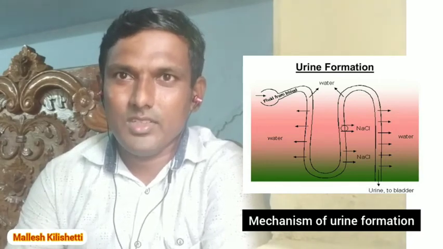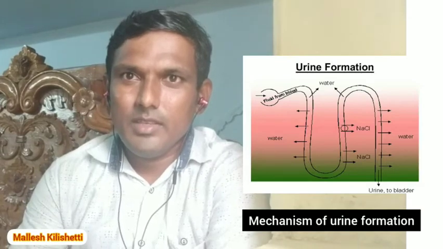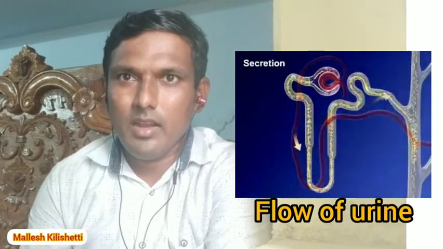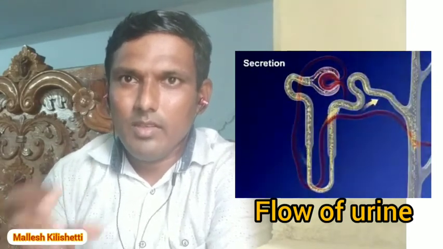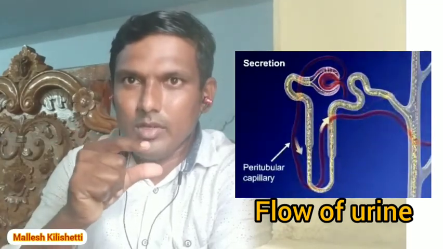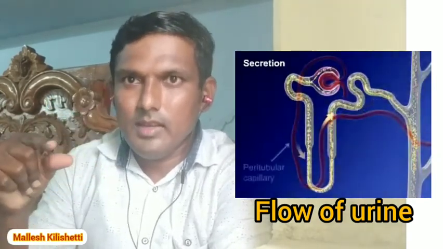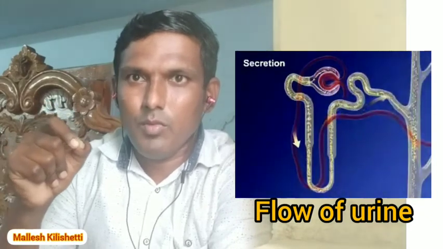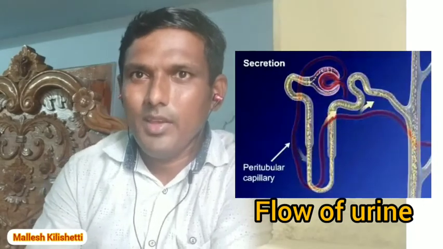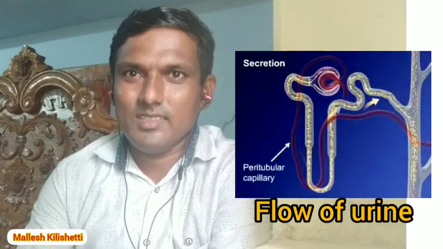First, glomerular filtration. Glomerular filtration takes place in the glomerulus and Bowman's capsule together, called the Malpighian body. Here the afferent arteriole has a very high diameter and the efferent is narrow. So due to this pressure, the epithelial cells can filter the blood with the help of the podocyte cells. That is called primary filtration, and the filtrate is called primary urine. That process takes place in the glomerulus.